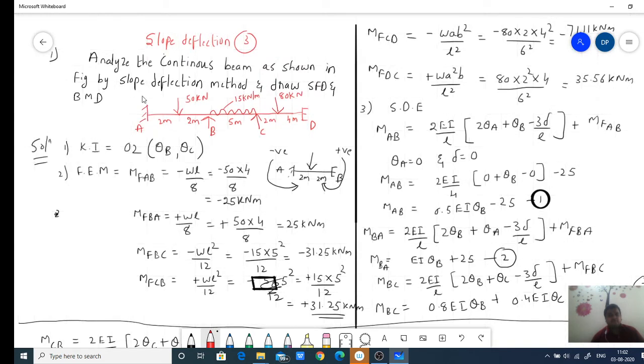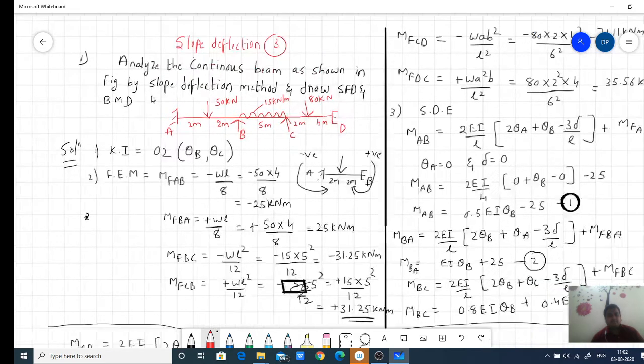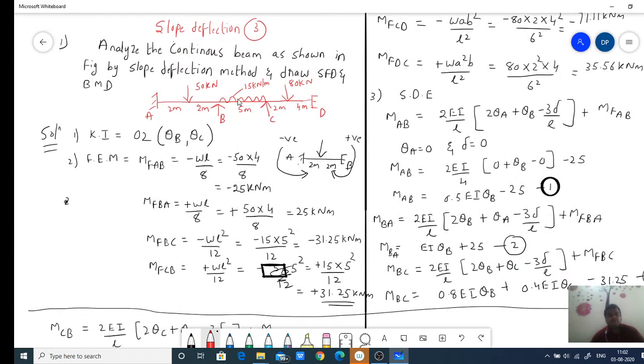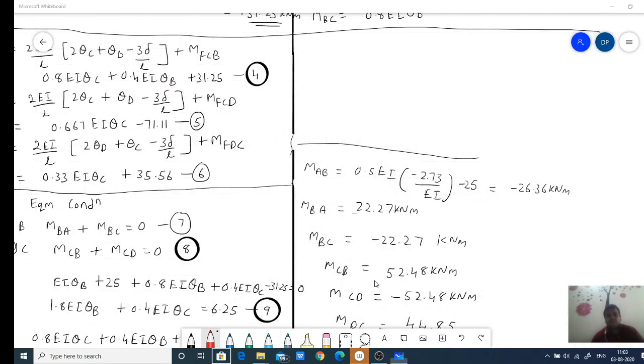So if I come to this value, one second. Here there is a point load, here there is a UDL, and here there is a point load, right? So what I will be getting,